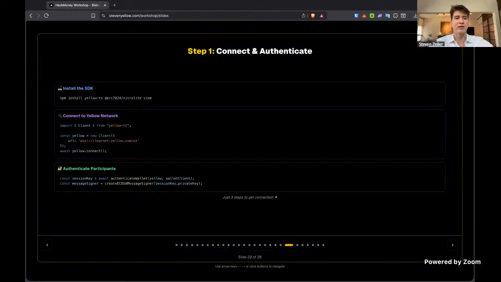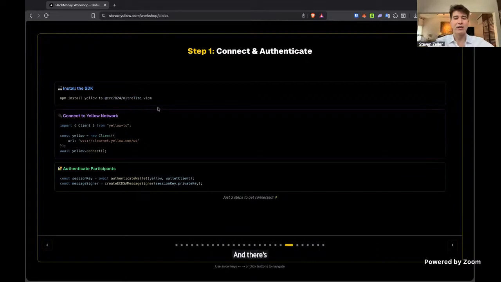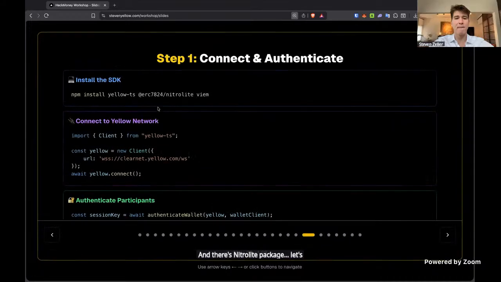Thanks for all the questions, everyone. So the first step is we have our SDK. Yellow TS is a tool that I've personally worked on that makes it easy to connect to the Yellow network and manage your connection. And this Nitrolite package, let's see if I can zoom in.